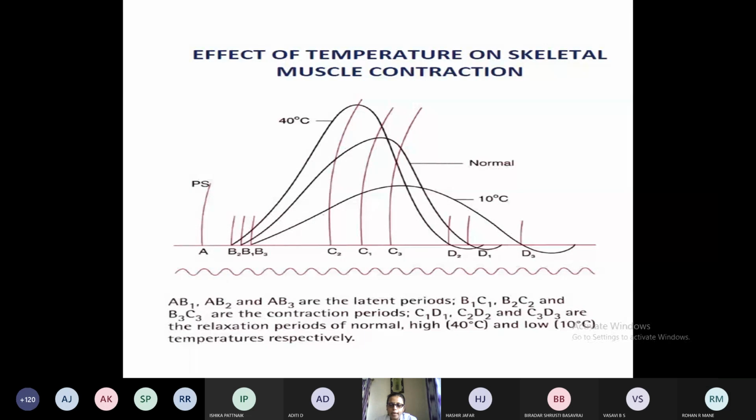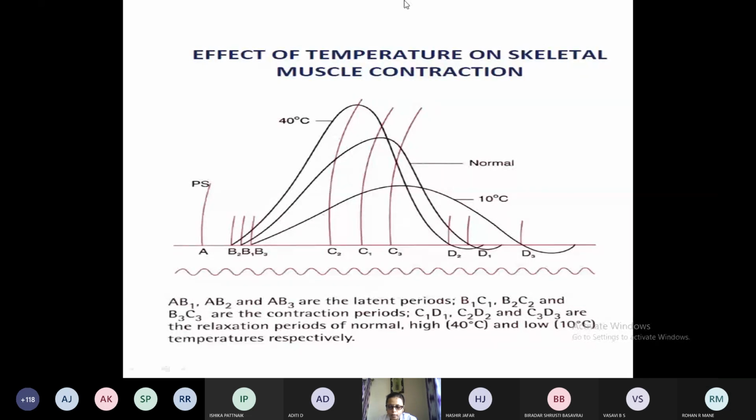This is because man is homeothermic. He can maintain the internal body temperature within a narrow range in spite of a wide variation in environmental temperature. This is the reason why the human body maintains its muscle properties uniformly during the summer season and the winter season. Okay. And another discussion is: what could be the physiological significance of this experiment?